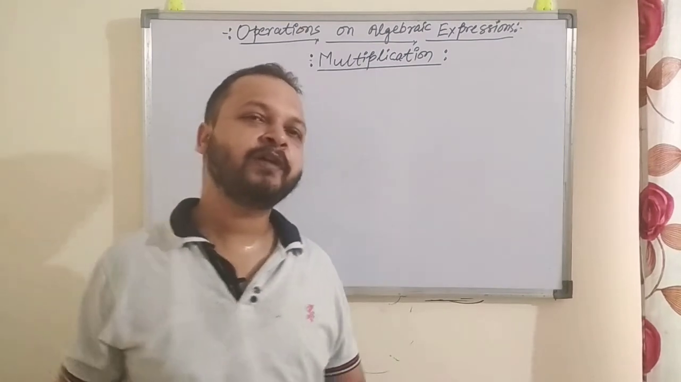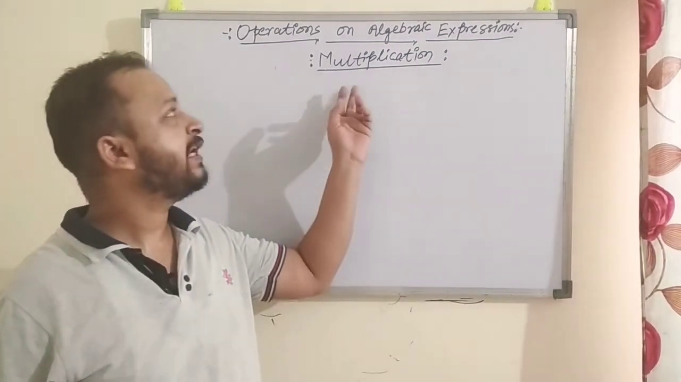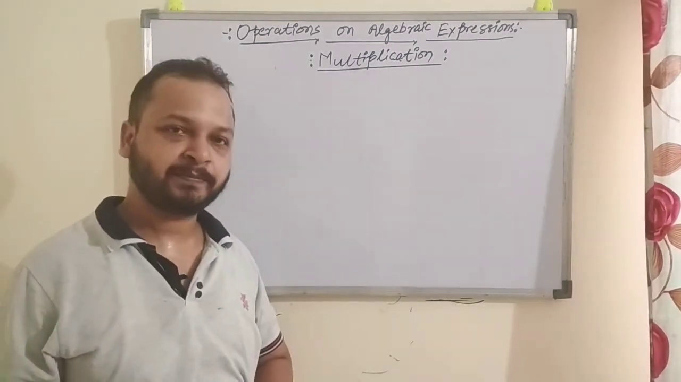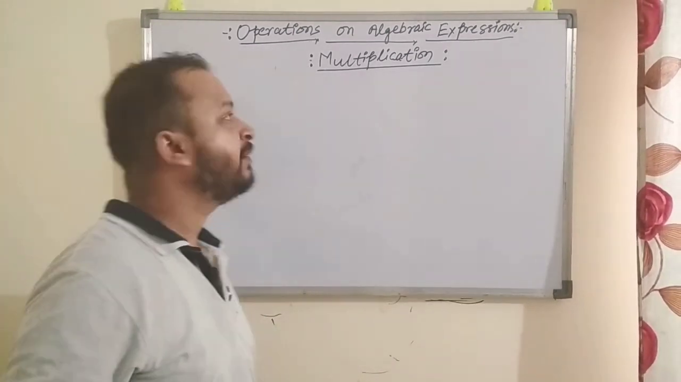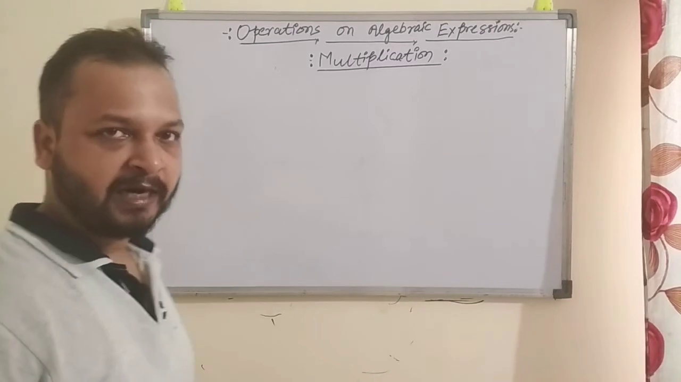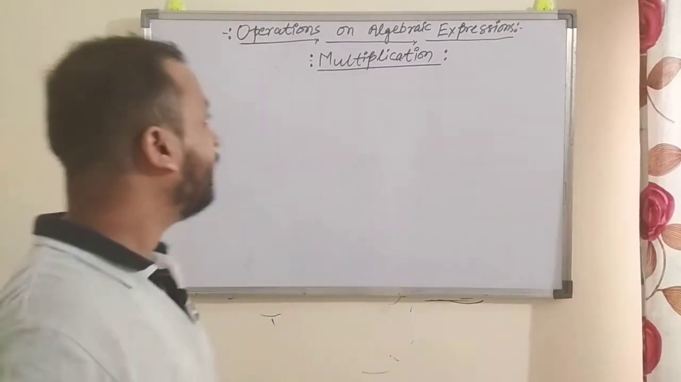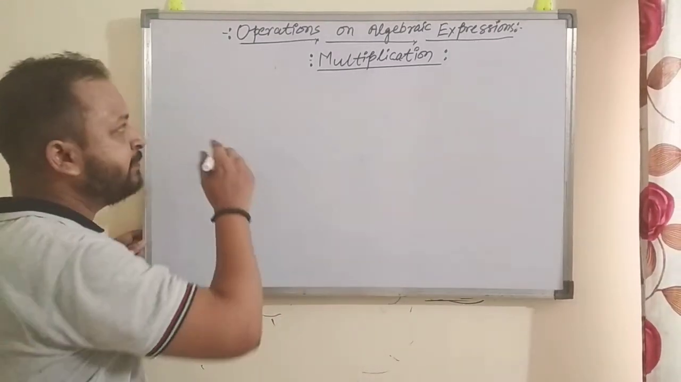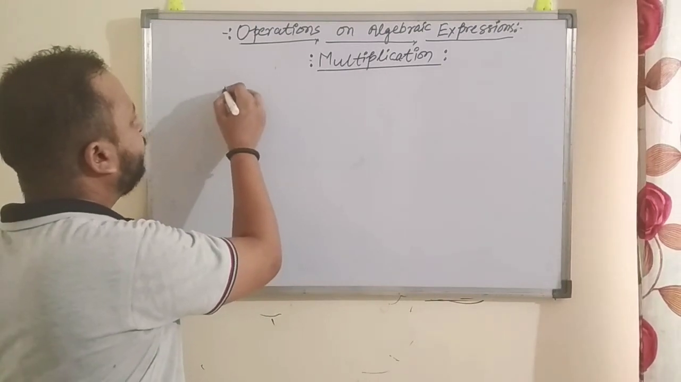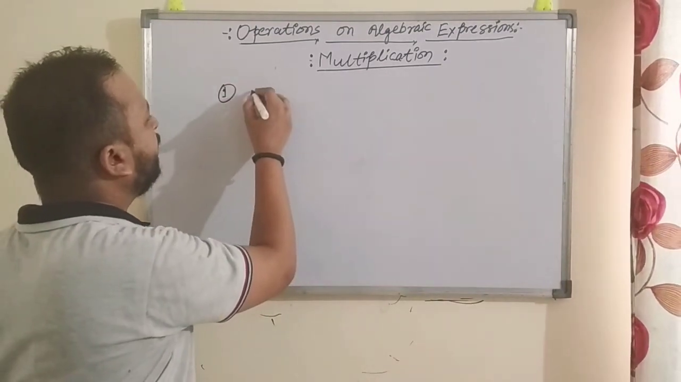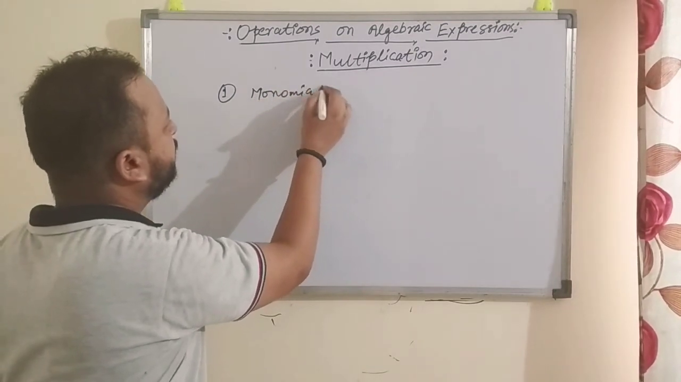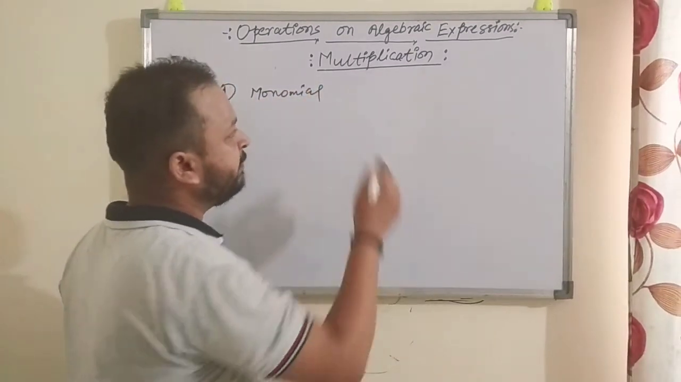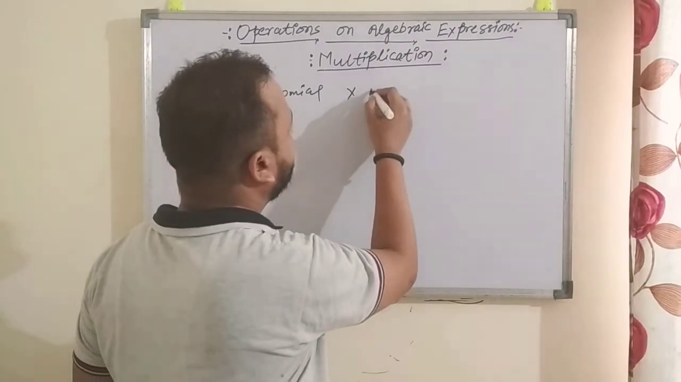So today we are going to discuss the multiplication of algebraic expressions, right? In the earlier video we had discussed addition and subtraction. In multiplication there are four types. The first one is when a monomial is being multiplied by a monomial,